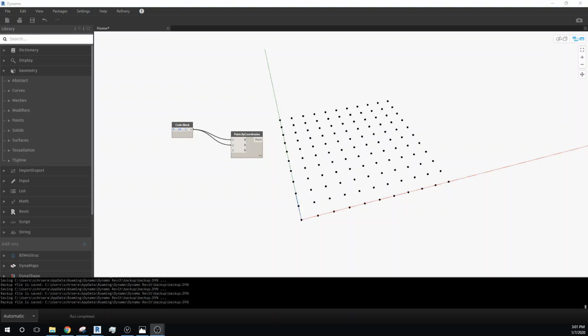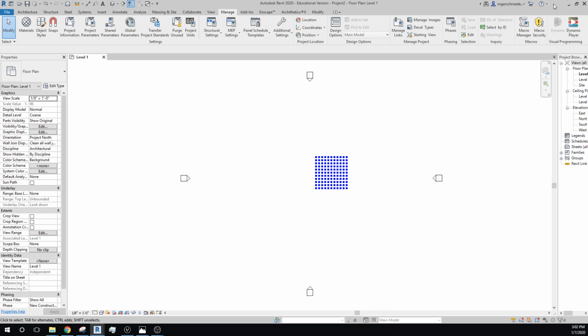Okay, now that we have an array, let's take a few minutes to think about where we're going with this. Obviously, the ultimate goal of this project is to create a ceiling system, and our array right now is laying on the base plane. I wanted you to become familiar with what's also happening back on the flip side in the Revit environment. So I'm just going to close this down so you can see in the background that we have these blue dots in our Revit